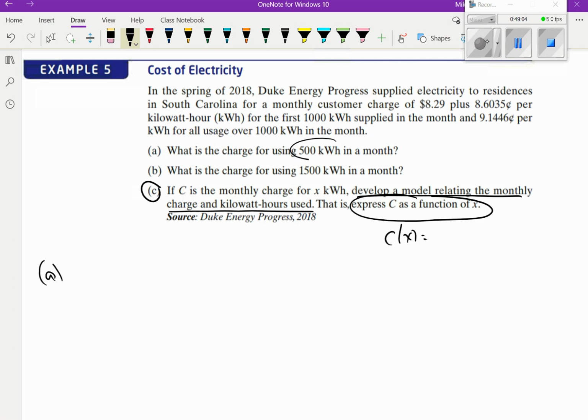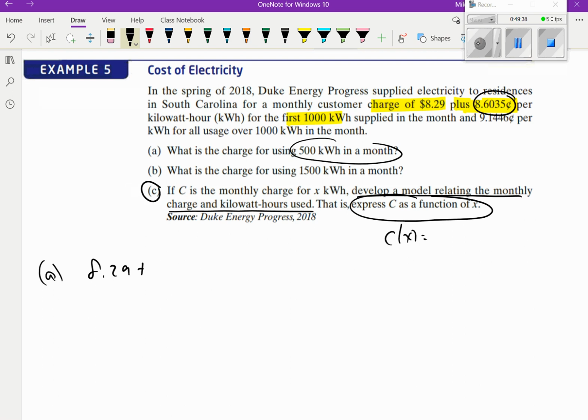What's the charge for 500 kilowatt hours in the month? If we're using 500 kilowatt hours, we get charged $8.29 plus either 8 cents for the first 1,000 or 9 cents for everything over 1,000. In our case, since we're at 500, we're under that first 1,000, which means 8.6035 cents. So our charge is going to end up being our $8.29 plus